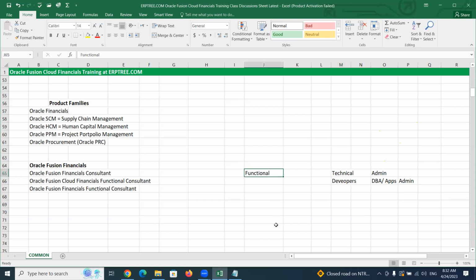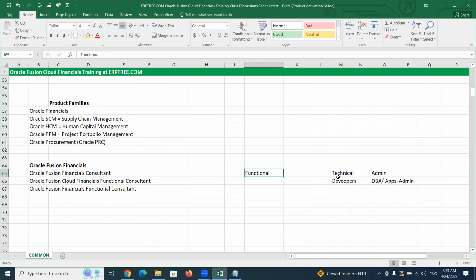There is huge demand for functional. And functional consultants are required for the entire period of implementation or support also. It could be any type of project. For the entire period, we require functional consultants. But when we talk about technical, if you take the example where the implementation duration is six months, hardly we may need two months of support from the technical team. We may need the technical resource for two months within the project.